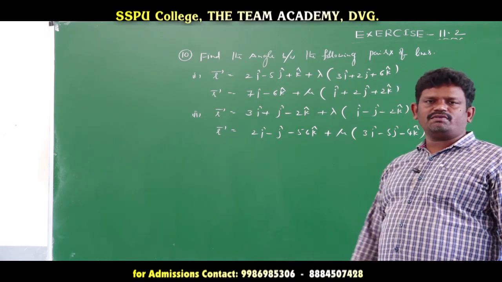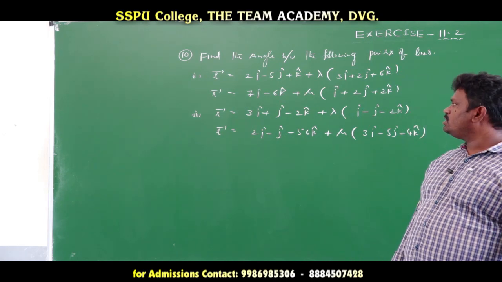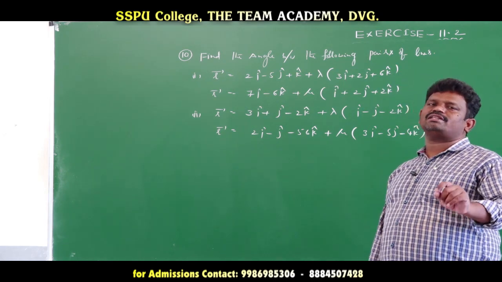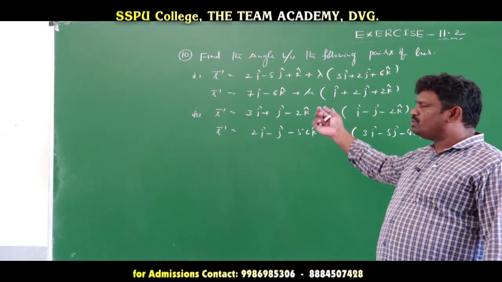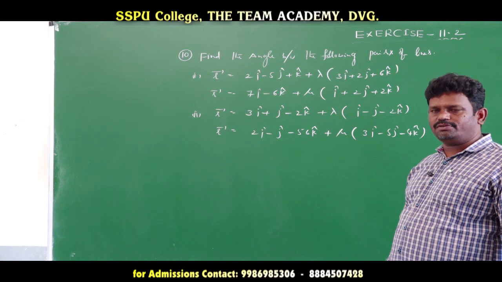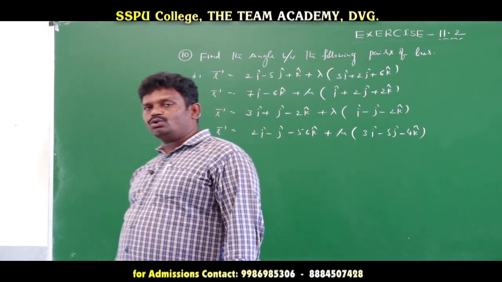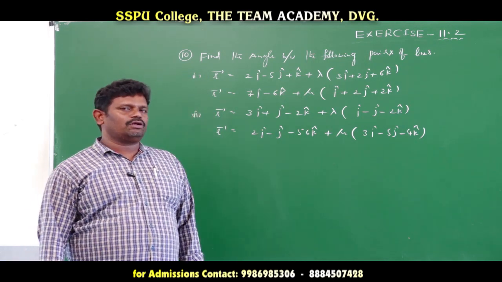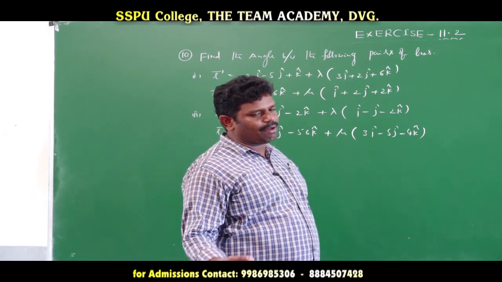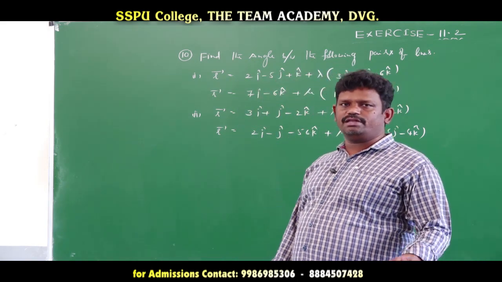Here 2 line equations are given. R bar is equal to A1 bar plus lambda into B1 bar, and R bar is equal to A2 bar plus mu into B2 bar. So now, if you find out the angle between them, here the angle we consider is the acute angle. That's why, as already told in vectors, if you want to find any angle between 2 vectors using the dot product, normally we don't apply the magnitude. But here we compulsorily apply the magnitude in between that angle.